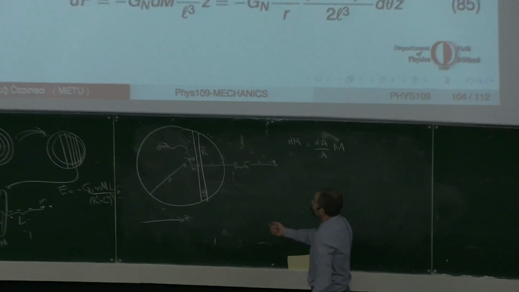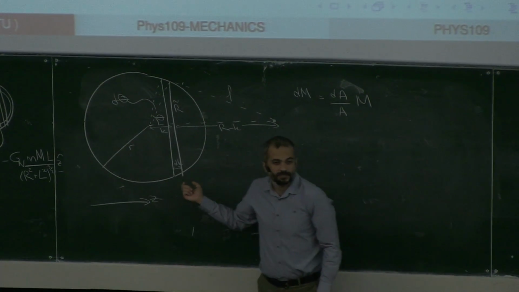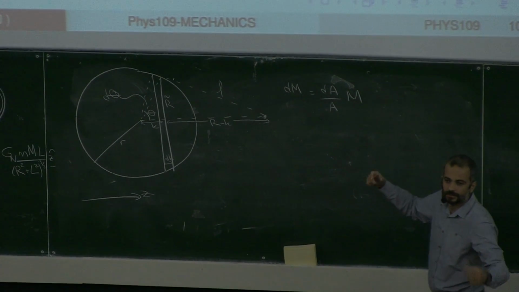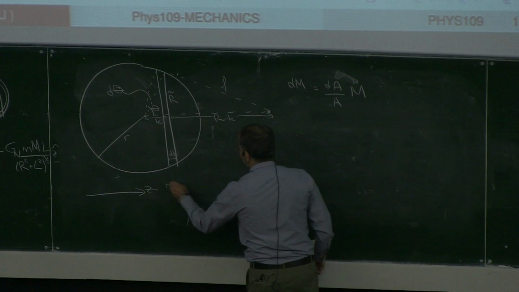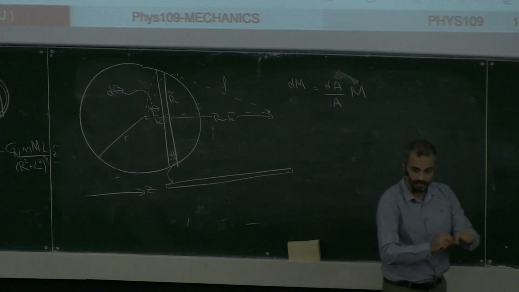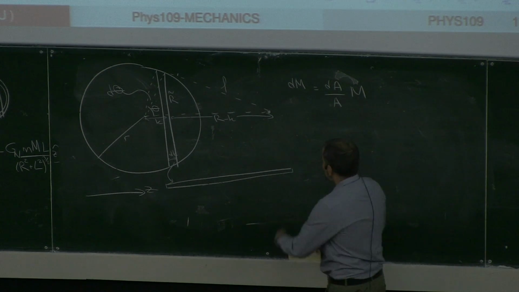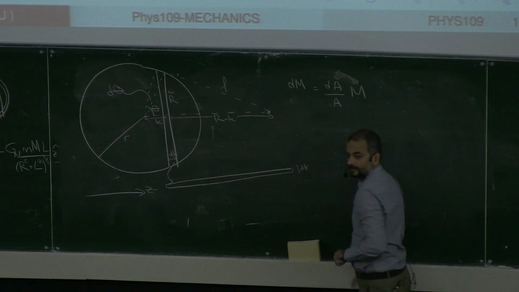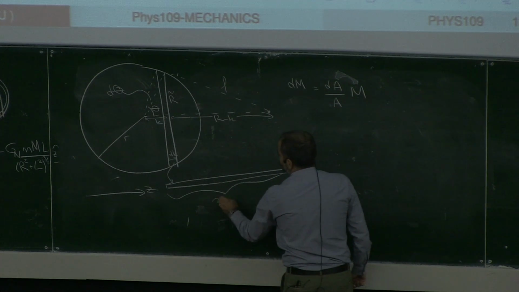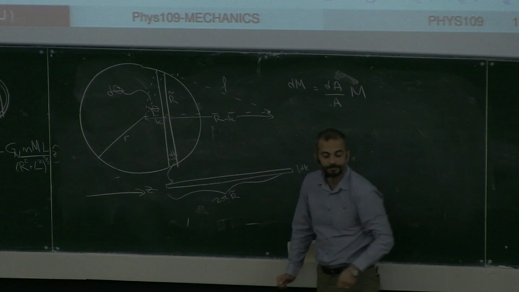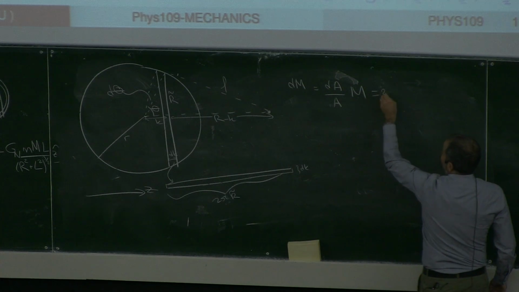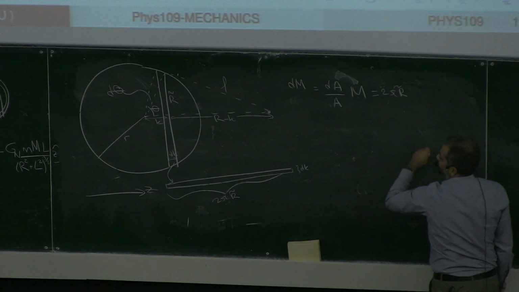Now the area of this ring, if you just take this ring, cut through one point and open it up, it's almost a very long rectangle. The thickness of this ring will be just dk. And the length of this rectangle is 2 pi r tilde. It is the circumference of my ring. So the dA is just the product of the two, 2 pi r tilde times dk,